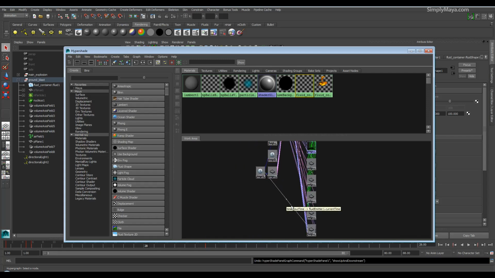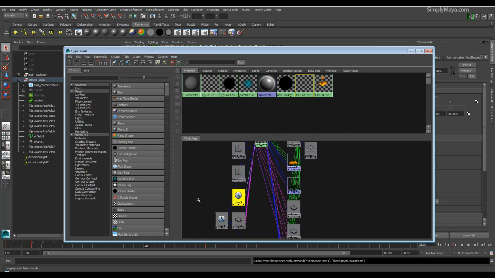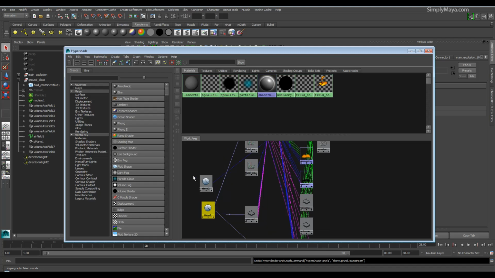So if we look back down here now, I have a time 1 and a time 2. I've now connected time 2 to the fluid container and disconnected time 1. I now simply need to connect this time 2 to our ground here. So this out time is going to the time of this. So I just simply delete this, grab this one,